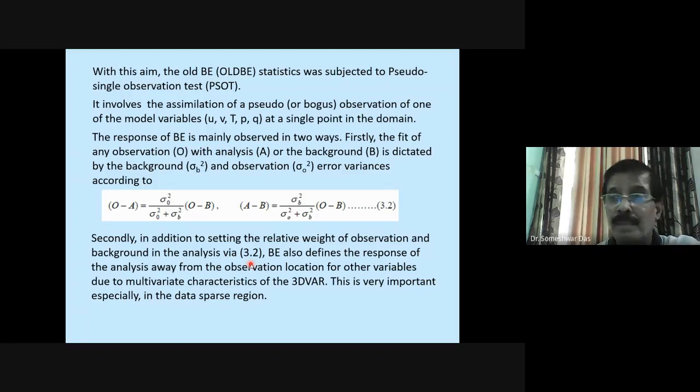So it's important for them to know, in case of any mishap or accident, how far the radiation will influence the environment, the air, and the people. So they have to have observations of the meteorological parameters. One is interested to know not only whether this new observation will influence my analysis, but also how far away from my point of observation this new observation is going to impact the analysis.